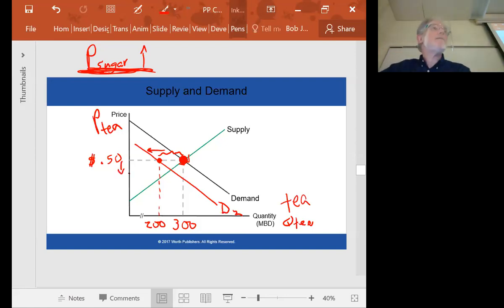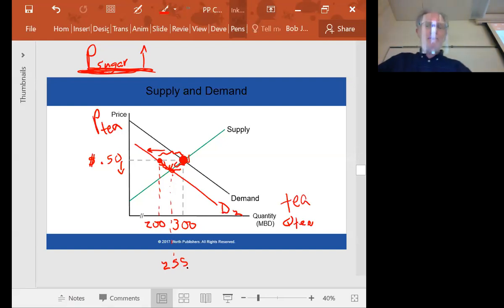As the price goes down, consumers start to buy somewhat more, and producers cut back, and they reduce the quantity they want to supply. So we end up at the new equilibrium, somewhere between 200 and 300,000. But we don't know. Let's say it's